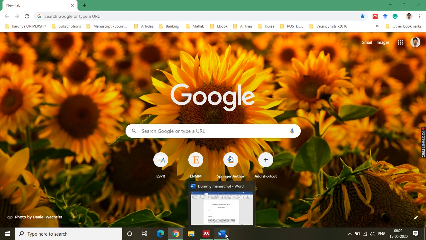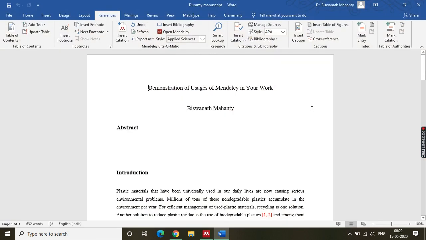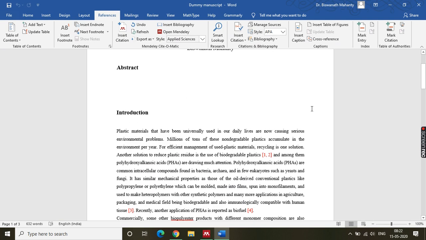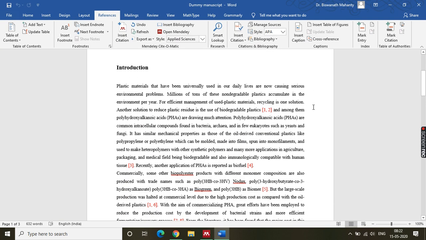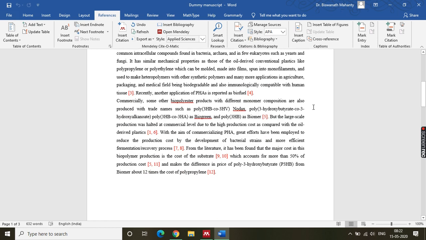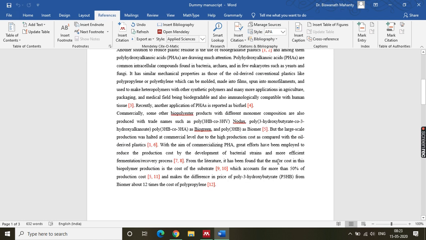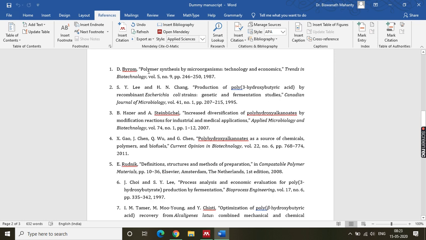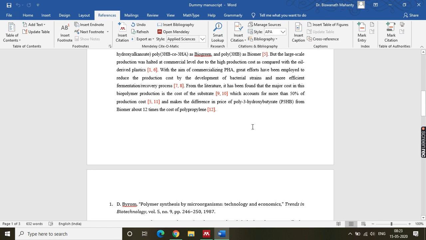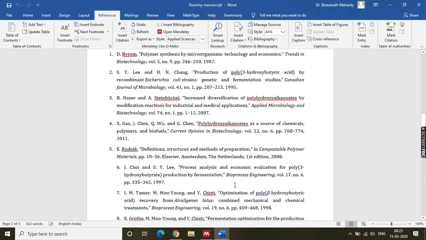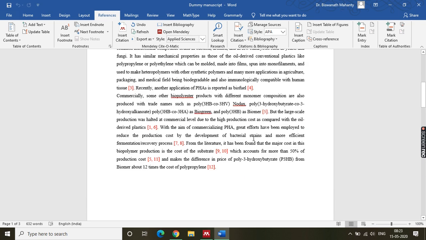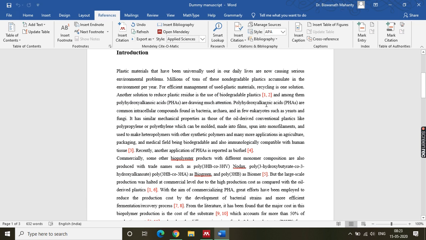Now we will work out how Mendeley works, how you are going to write a manuscript. For example, this I have taken from one manuscript which is already published somewhere else, and I'll show you there are many references. For example, reference 1, 2, 3, 4, something like that, and it is continuing. And what are the references? For example, these are the references. So if I say I'm going to start the manuscript, probably I will not have a reference list definitely, but we will go and search some manuscripts and we'll try to put the reference in this position.